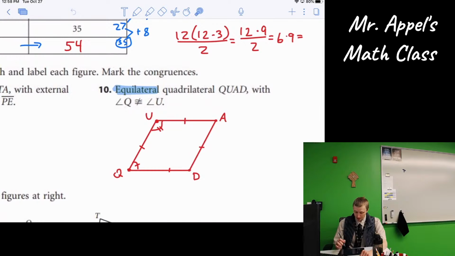And then here's my equilateral quadrilateral. It's a lot of laterals. But we will see later today that's known as a rhombus. And please make sure you have marked the angles Q and U as different. Okay, so a different number of tick marks to show they are definitely not congruent. Even though it should be pretty obvious from looking at them. One's acute and one's obtuse. But, you know, you could have tried drawing a square, but no, a square wouldn't have worked. It's got to be a rhombus. Square would have congruent angles. Anyways,